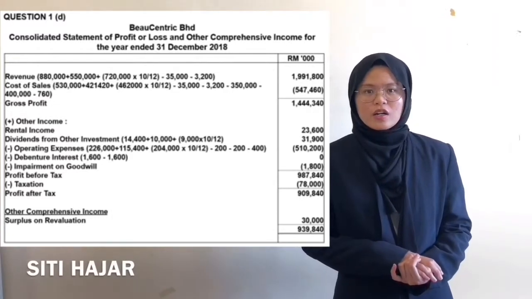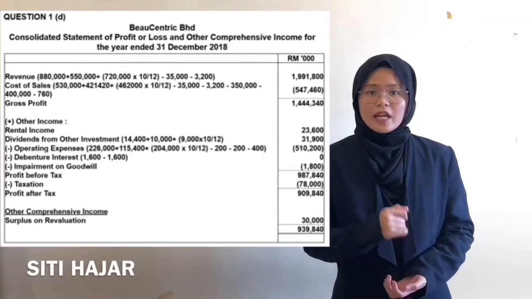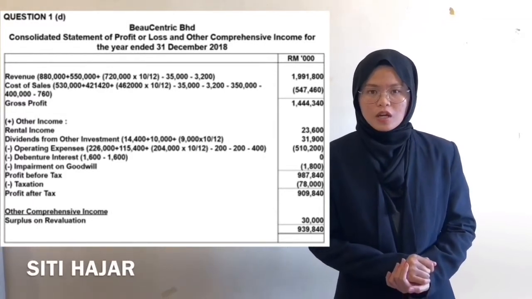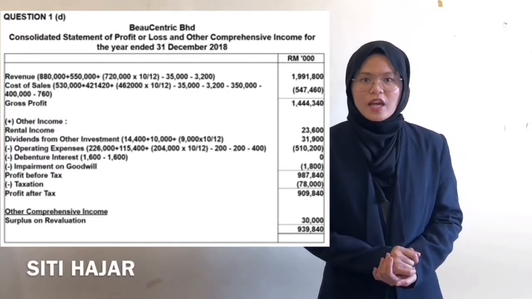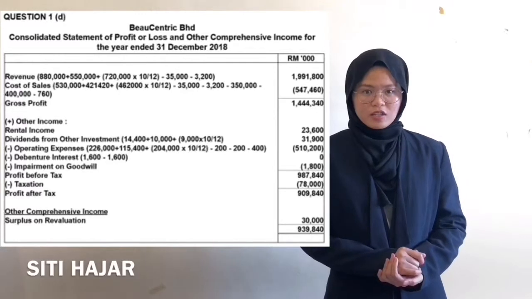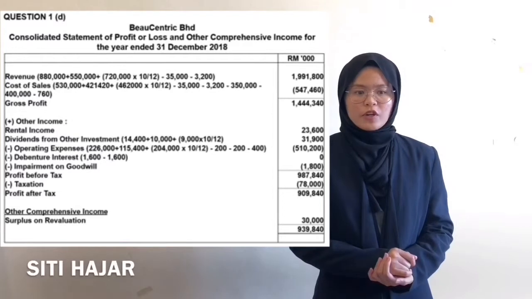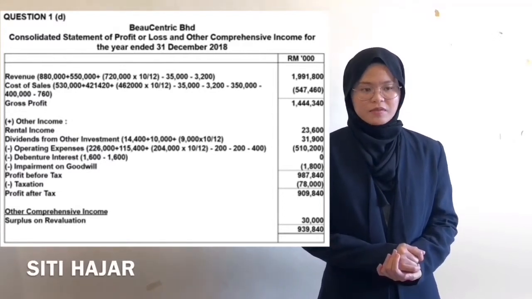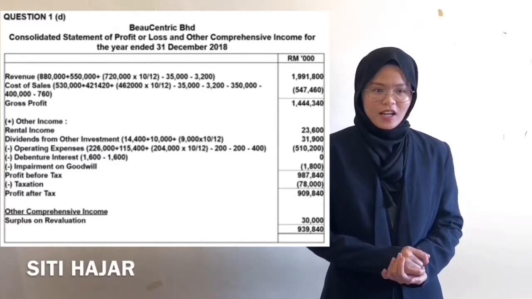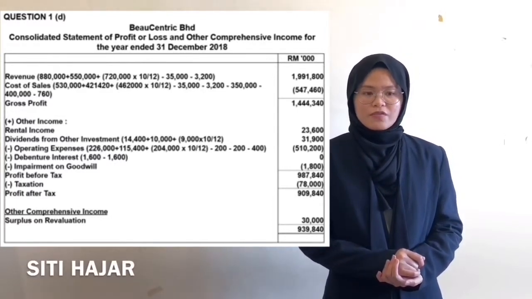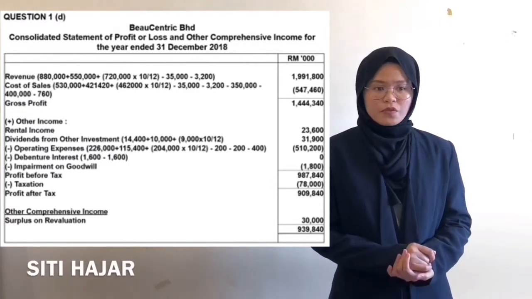We need to add the HC and all the subsidiaries' revenue. But as for MSC Skin, we need to apportion its revenue according to the month of acquisition, and then we need to minus all the adjustments, and we will get the answer 1.9118 million. Okay, so next minus cost of sales, which is 547.460 million, and we will get gross profit